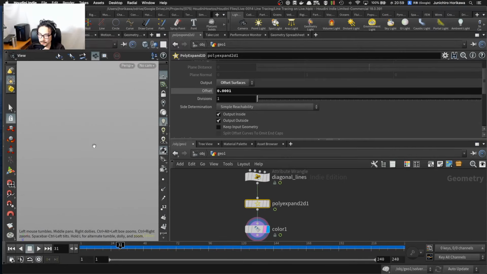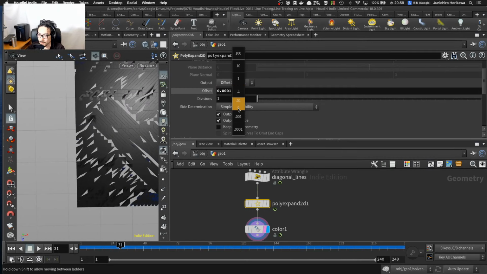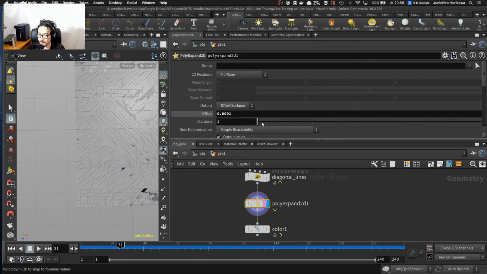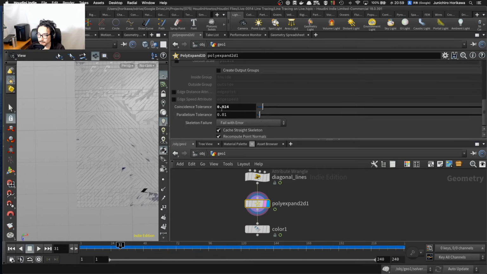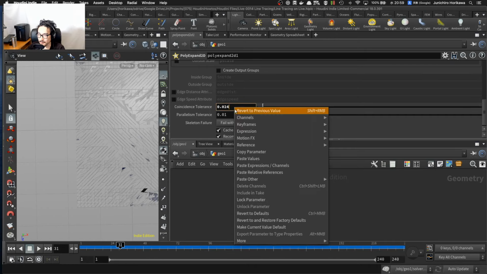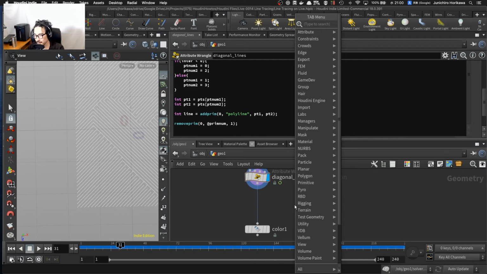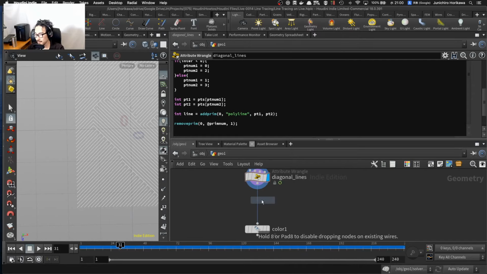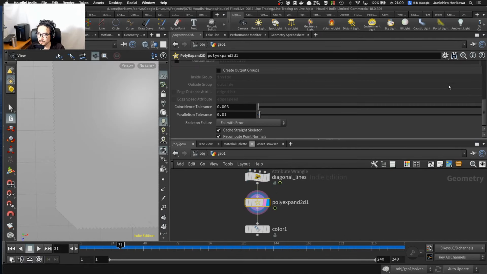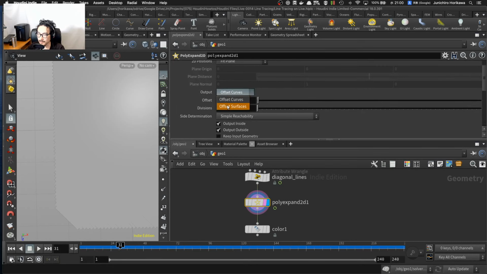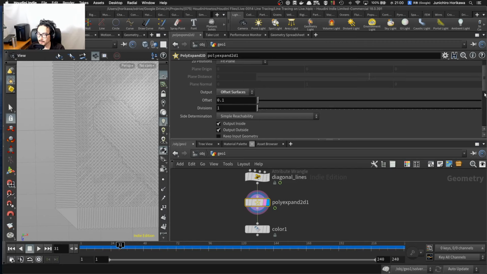Obviously this is not good, so let's see if I make it smaller. Wait, is this the smallest size? Okay, maybe I need to reset this value for coincide tolerance. Doesn't look good. Let me delete this and do it again. I might have changed some values. Right, let's do this. Sorry for that. Change this to offset surface, and